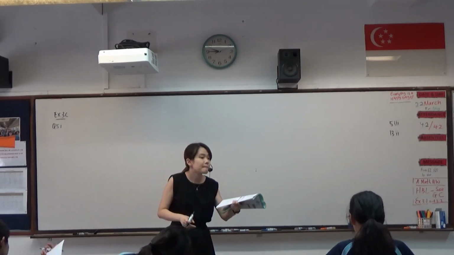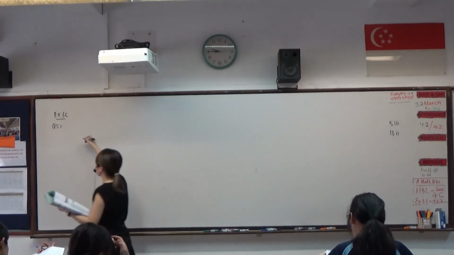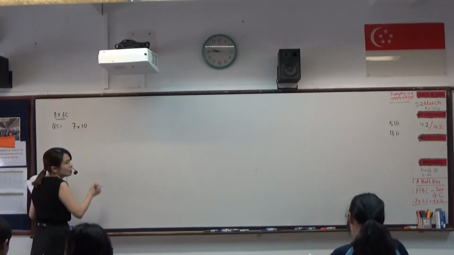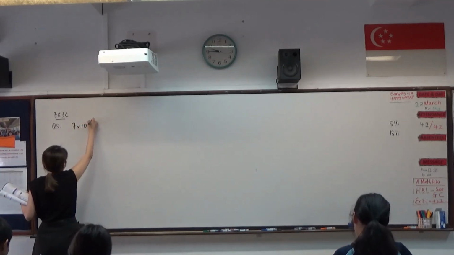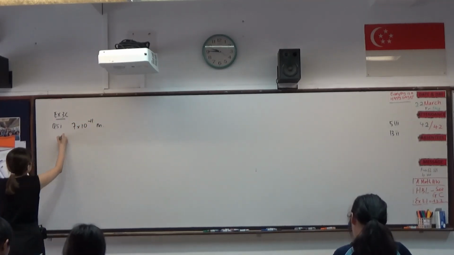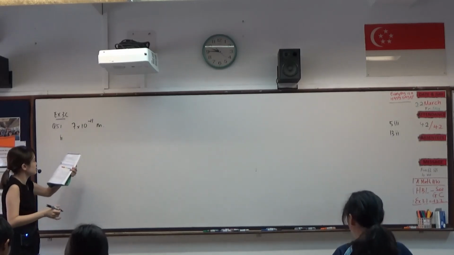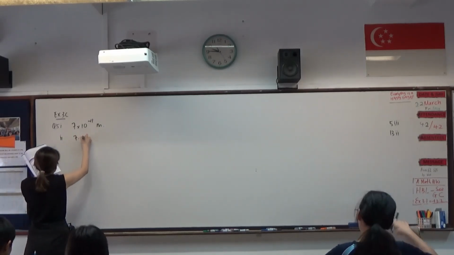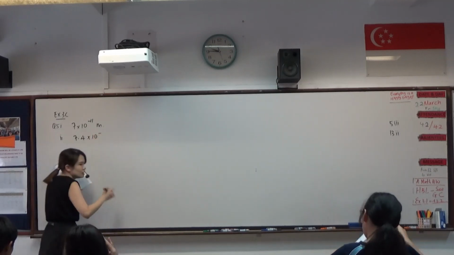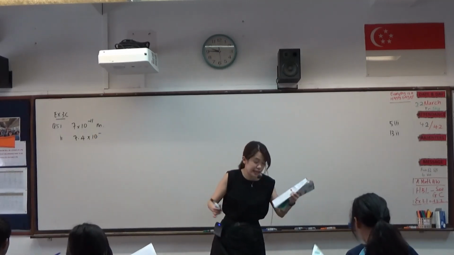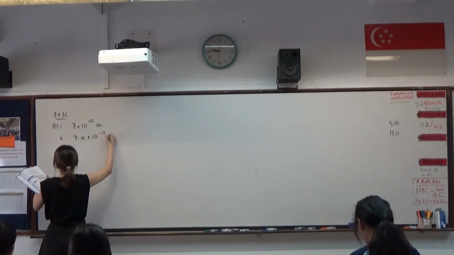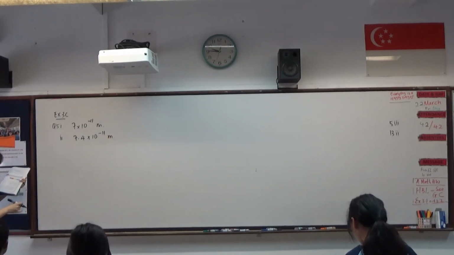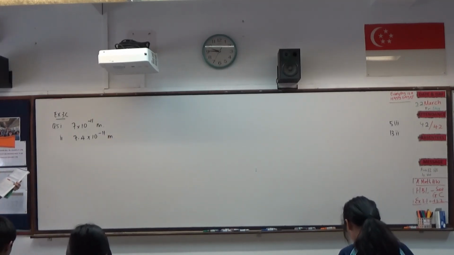What's the radius? 7 times 10 to the power of negative 11. Okay. And then for part 2, what is the answer? 7 times 10 to the power of negative 11 also. Okay. Alright, so in part 1 and part 2, you have already expressed the respective radius in meters into